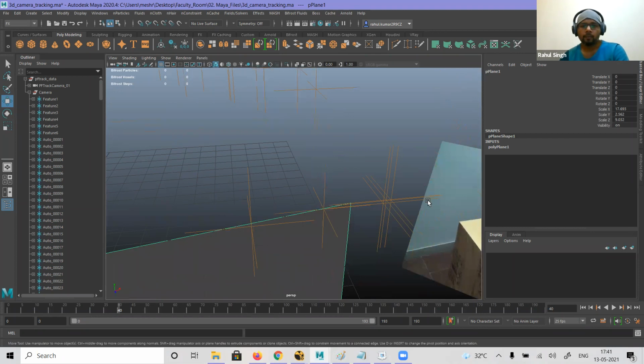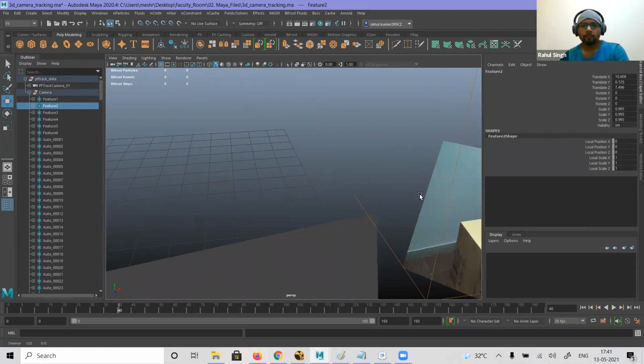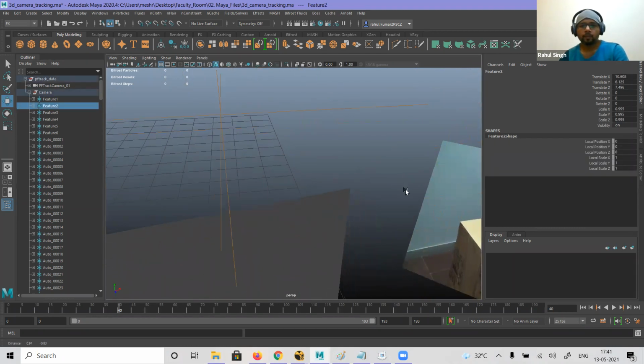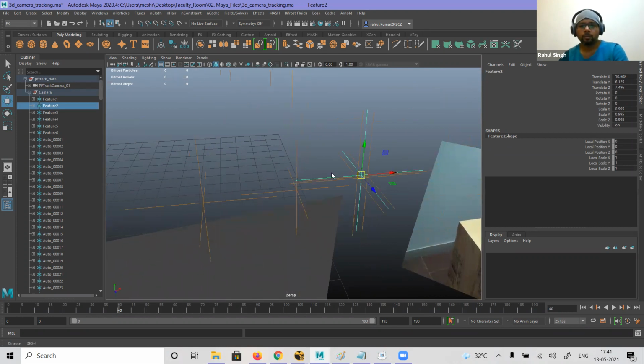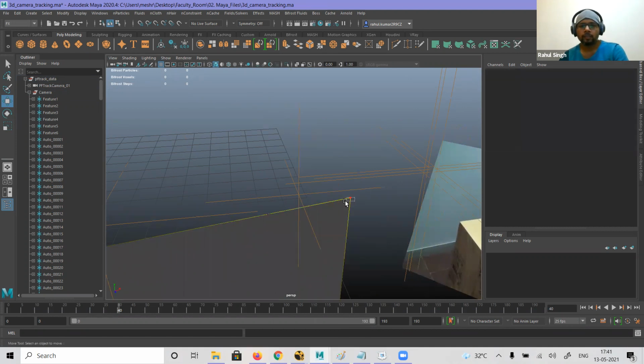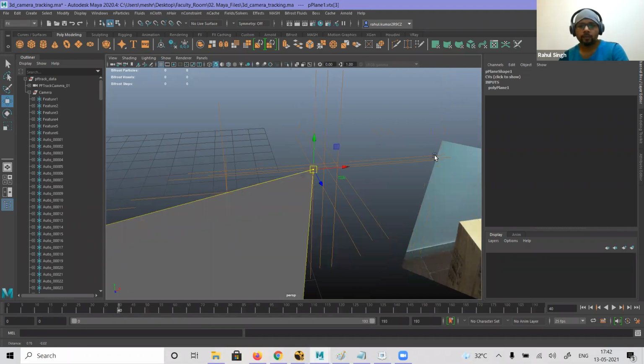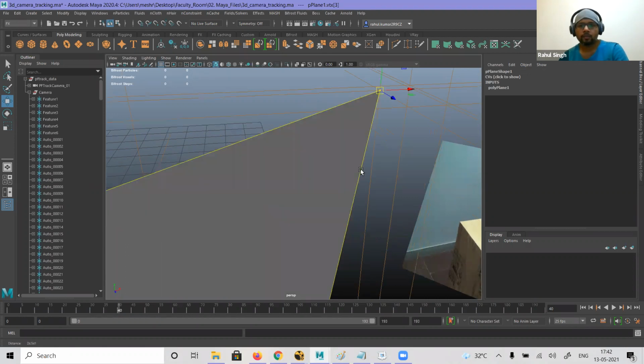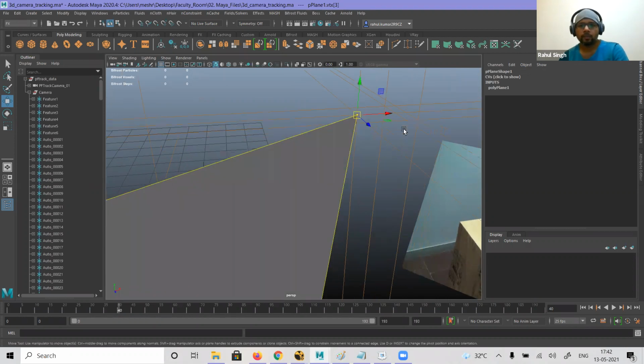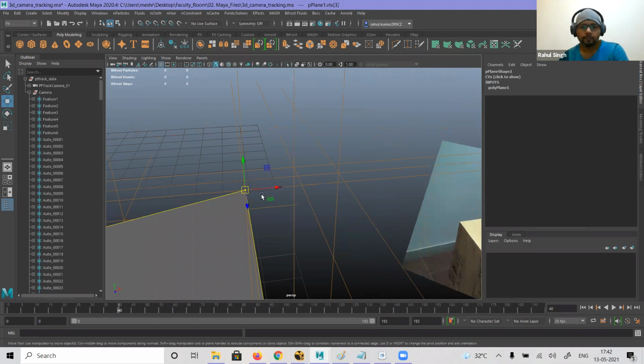The middle one. Okay, the middle one is my feature 2. So vertex, select. I don't know which one it is. So I zoom it a little.